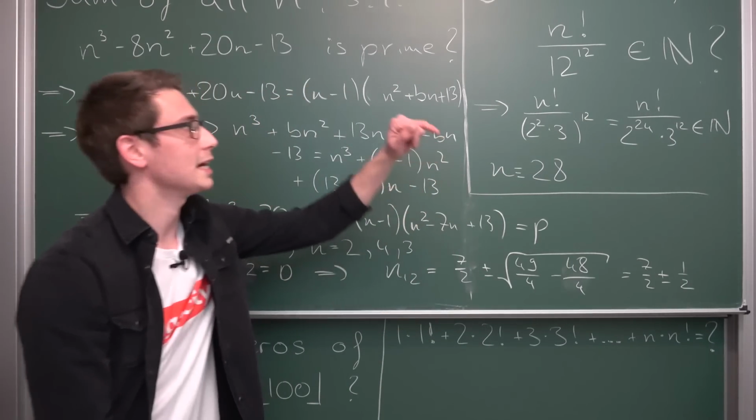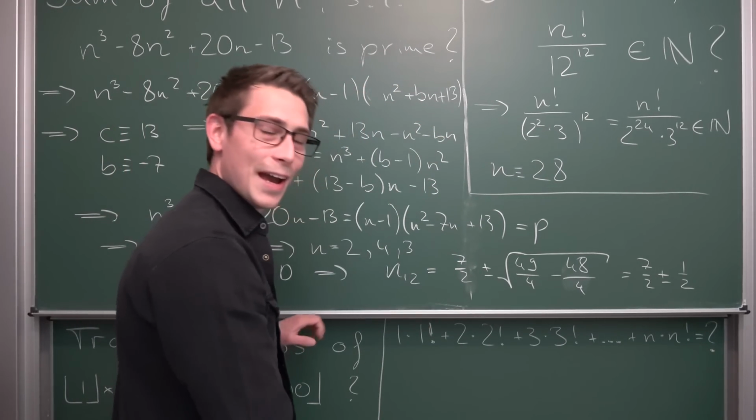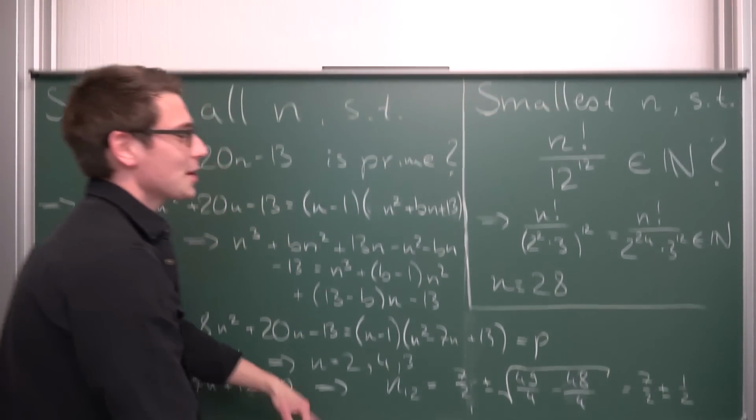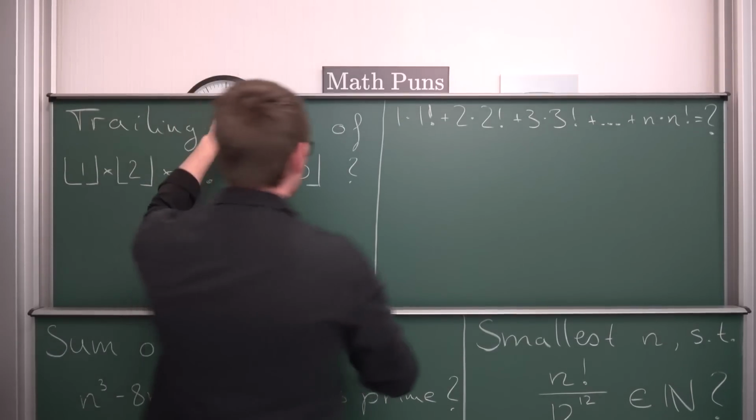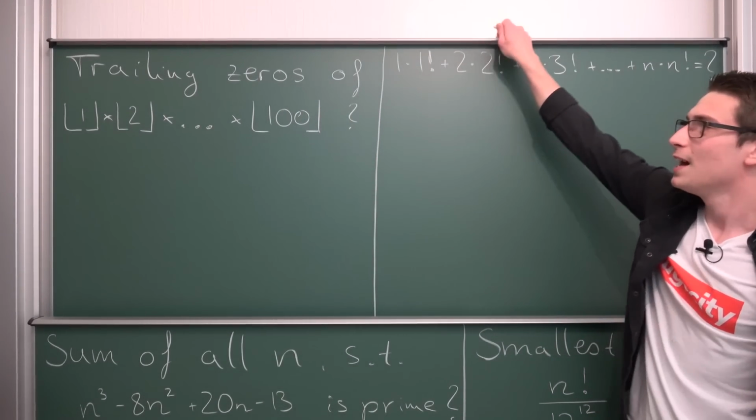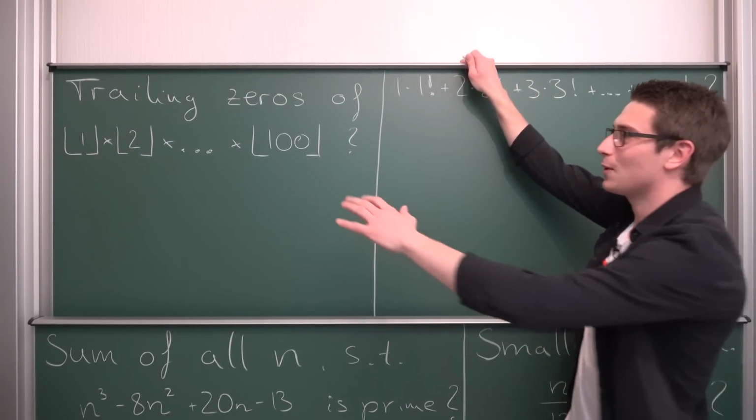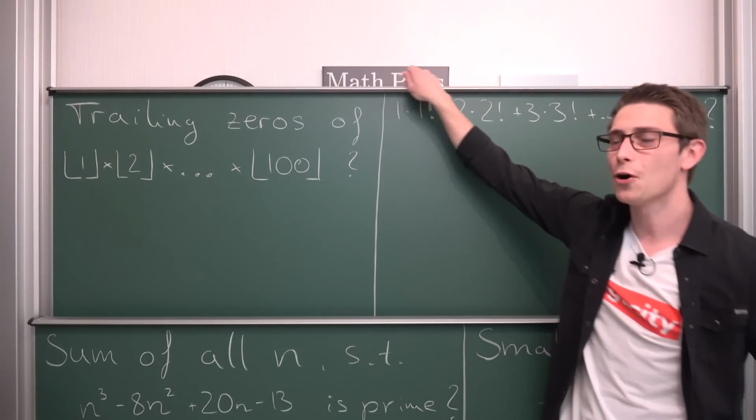Is going to be the smallest n for which this right here holds. And thus we are done with the next problem. This was kind of a brute force problem, but yeah, it worked. And now we are kind of at the same problem once again here with the trailing zeros of